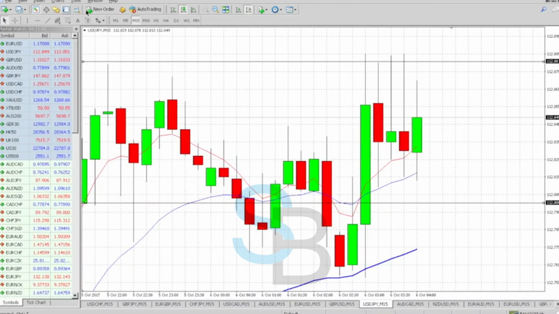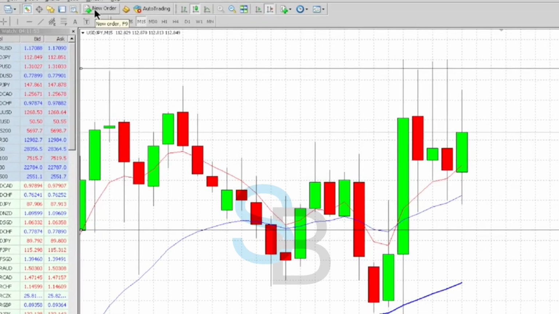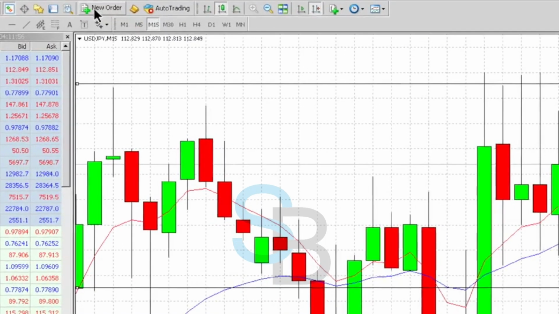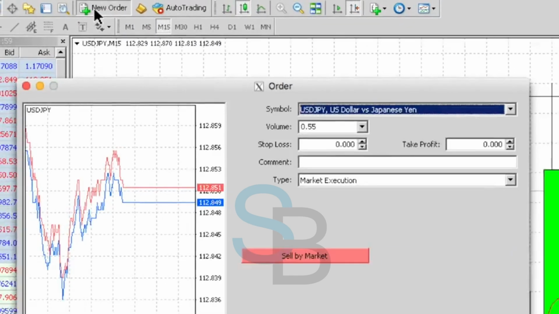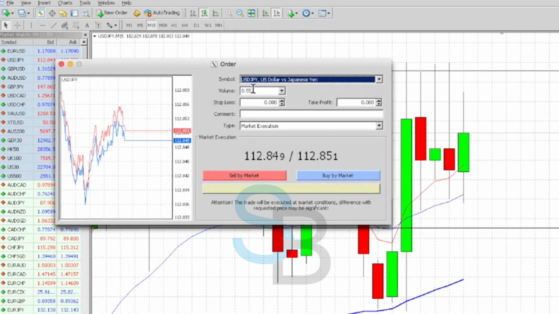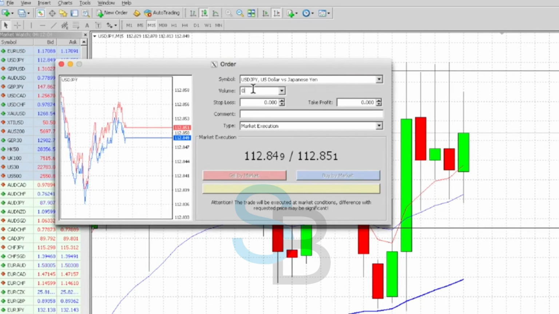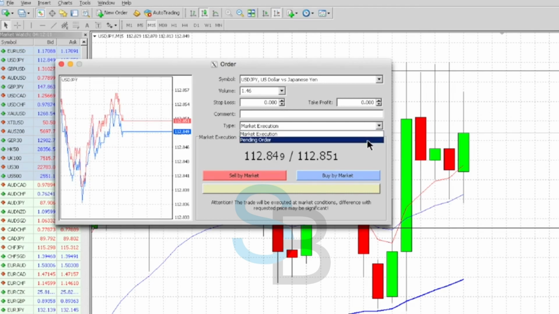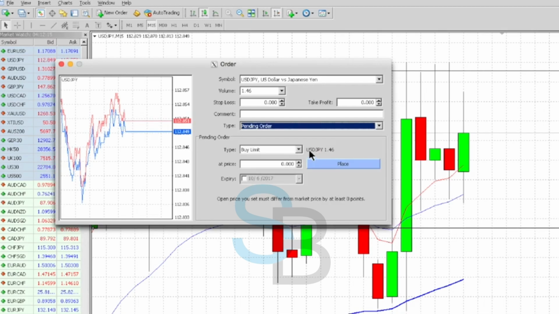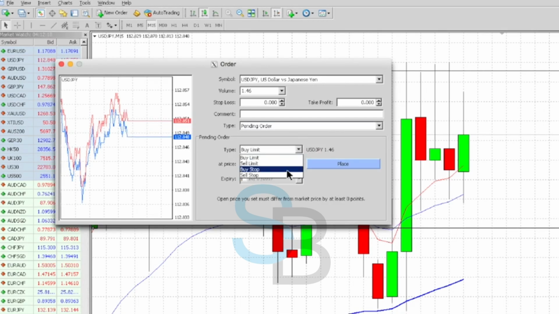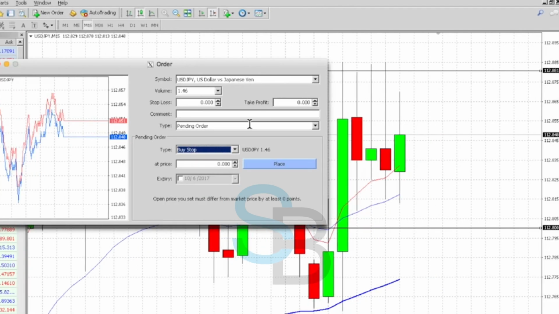So we're going to put a new order. Whoa, okay. This screen is strange, okay. So 1.46 is the volume. I'm going to use a buy stop limit order, pending order. Buy stop, which means buy above that price that we want. And what's the price? 112.81. So 112.81. Stop loss at